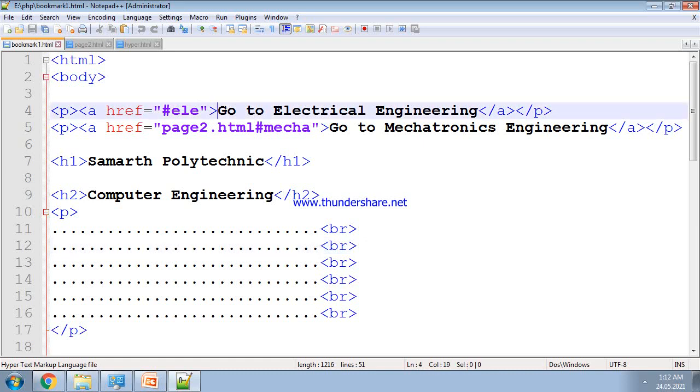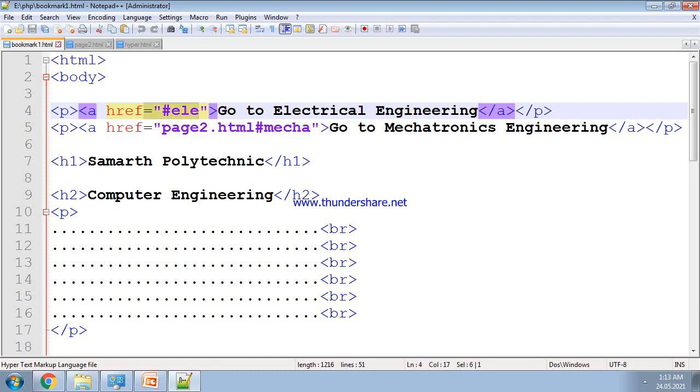Here we have taken the text go to electrical engineering, written in between the anchor tag, with href set to electrical ELE. Where do we have to go? To the electrical engineering section.